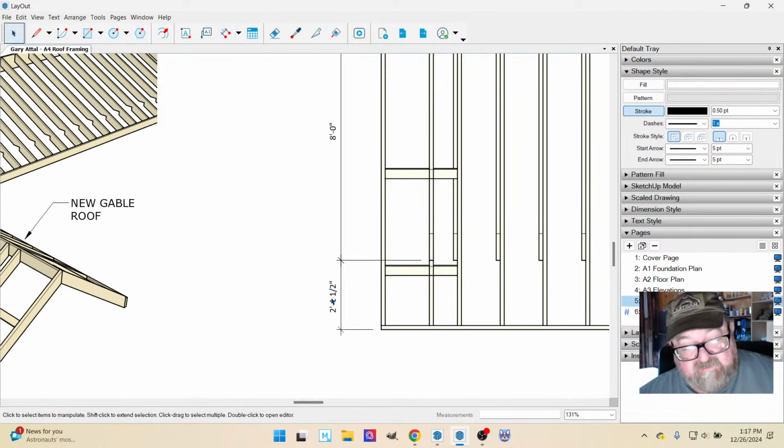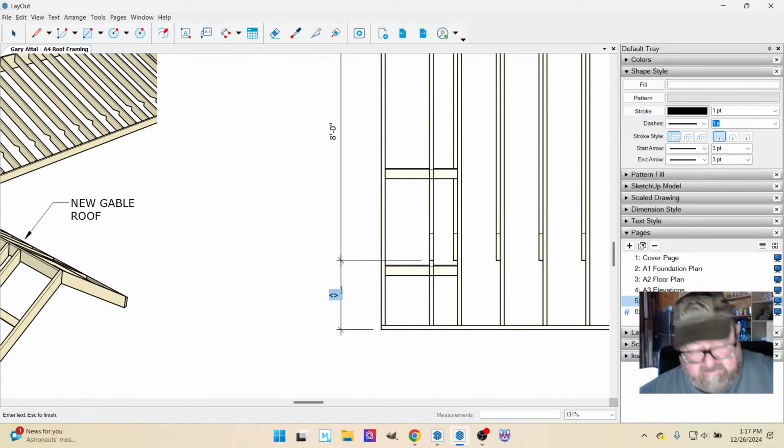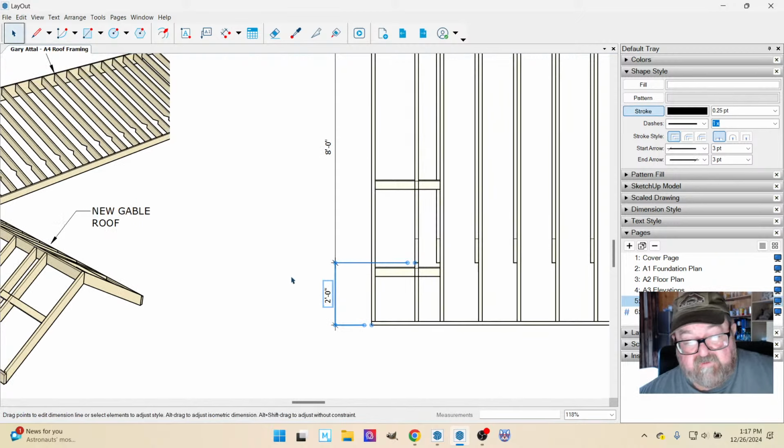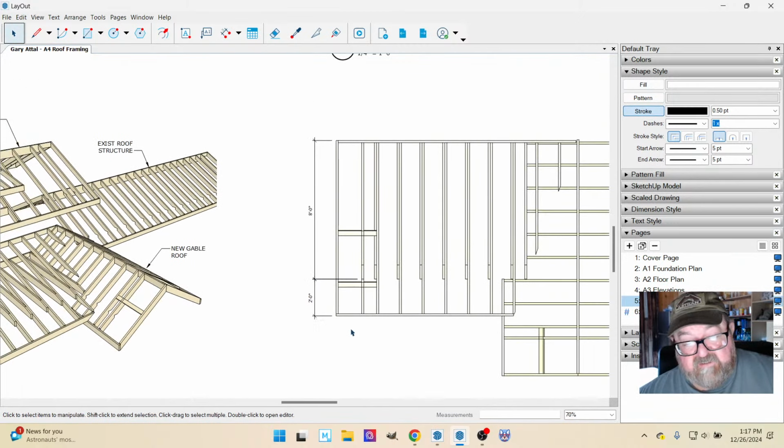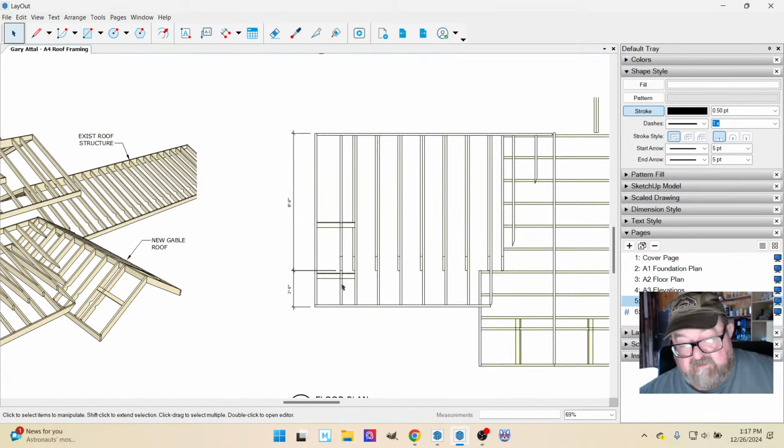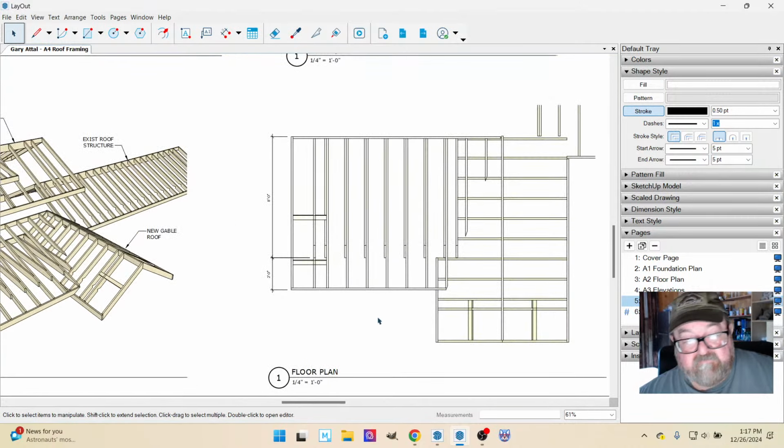I'm just going to label that for now. I'm just going to label it 2 feet. I'm going to cheat that a little bit. And then, because really,